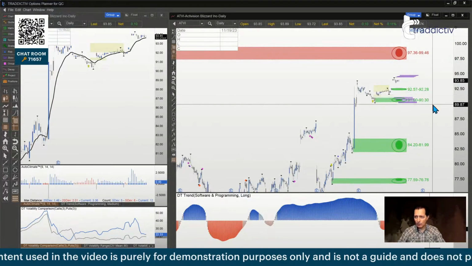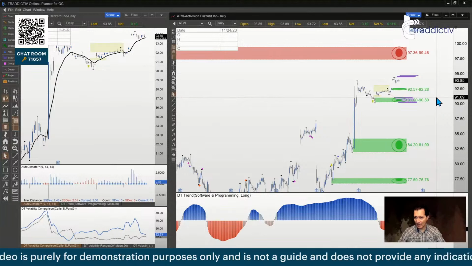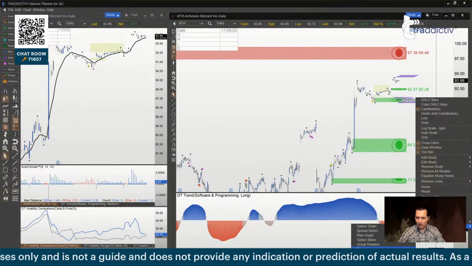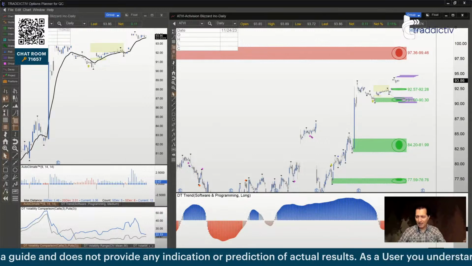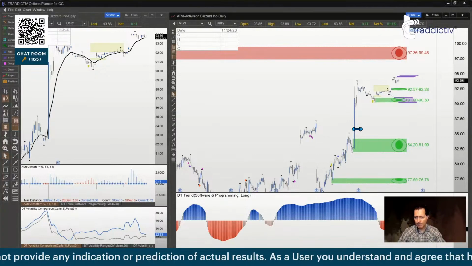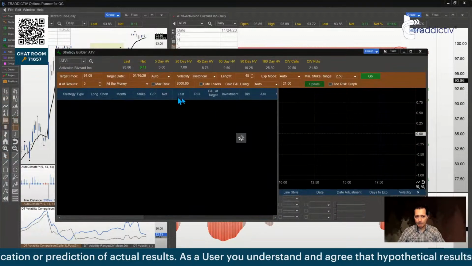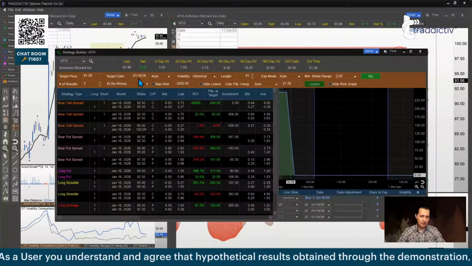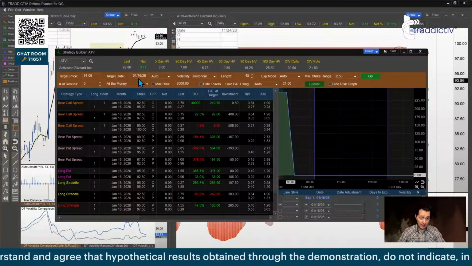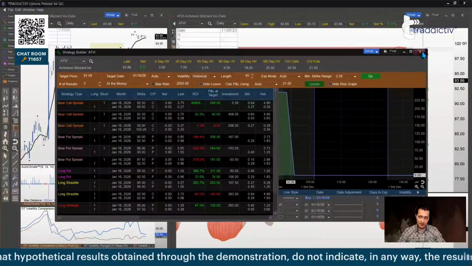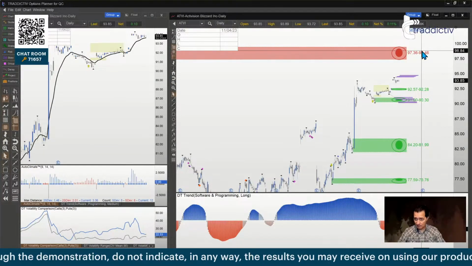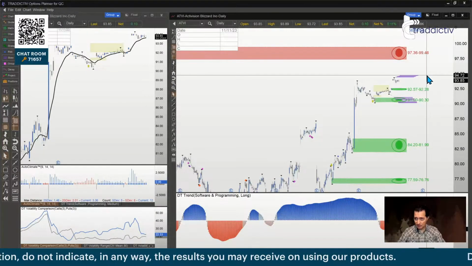Let's say that's the case. So what would you do? Well, the first thing is to calculate your time to target. So you would do the same with the strategy builder or a manual calculation you may do. This is telling us January 26. This is crazy. Completely crazy.